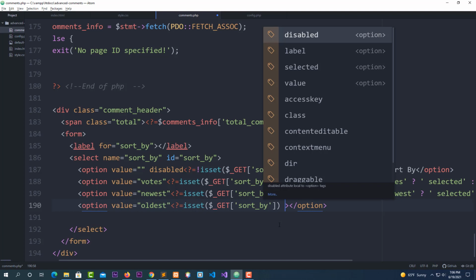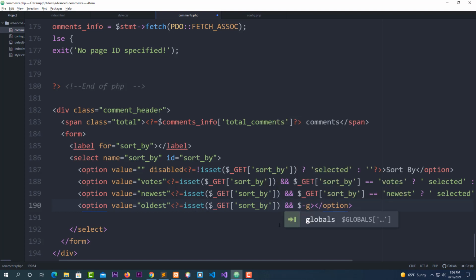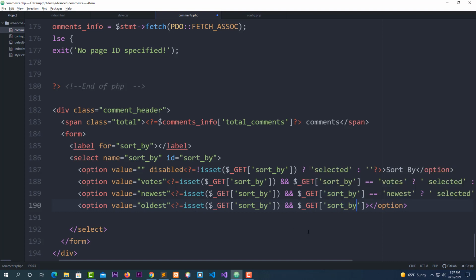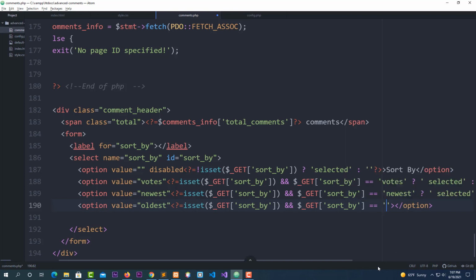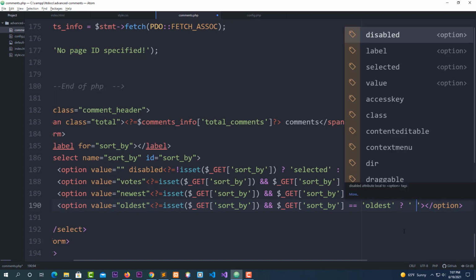Go after the closing parentheses, $1% space, get bracket single quote sort by. Go after here, equal space single quote, and put oldest, and after oldest here question mark space single quote